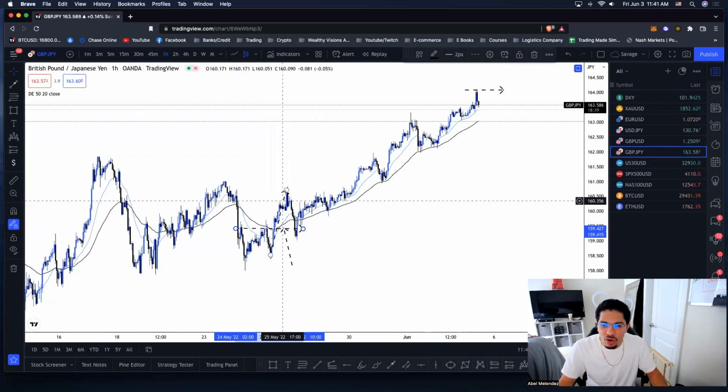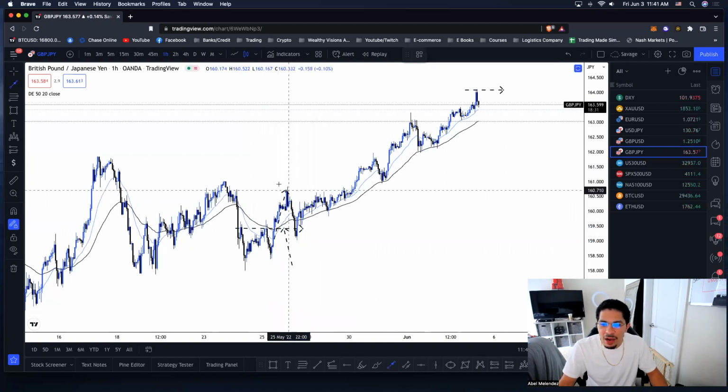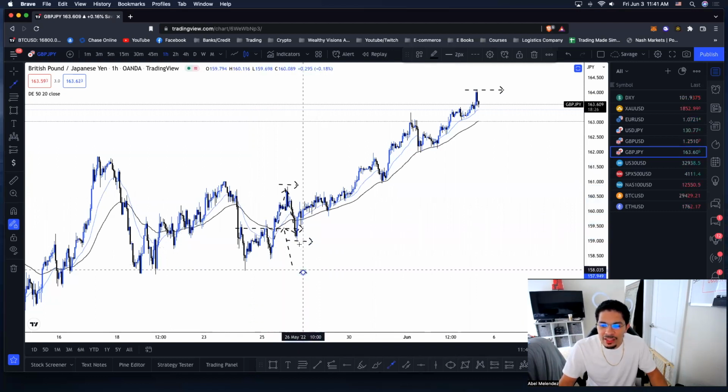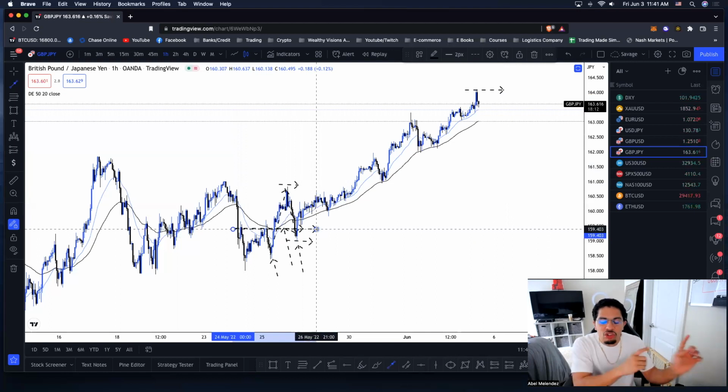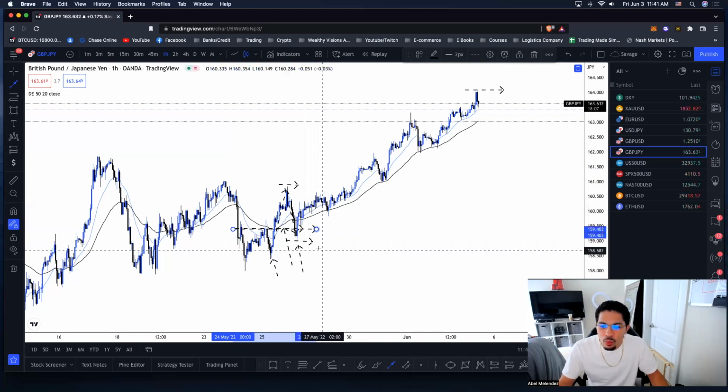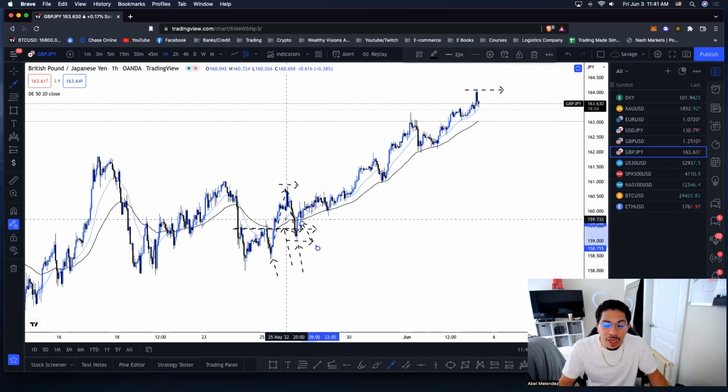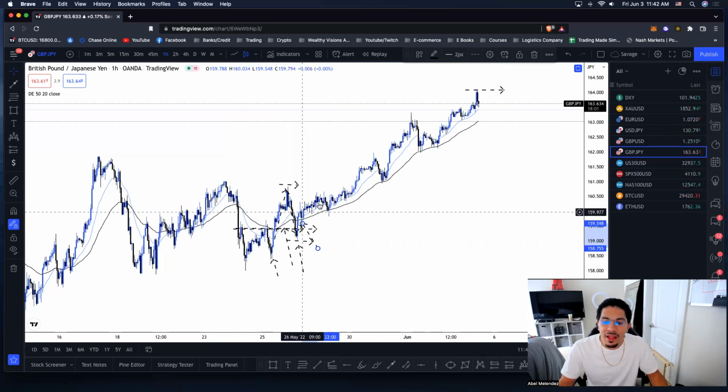So right now we see the strong push up in the markets, which this high right here ended up breaking this high down here. We've seen the moving averages cross. All we have to do now is wait for this higher high to go lower and give us a higher low. And this higher low is a higher low because it's higher than the previous low. And then once we're able to identify that higher low by aligning it with either the moving averages or actual structure to the left, because structure to the left gives us clues for future price action or future reactions, and then see price close back above the moving average, for this specific example, that could have been your entry, guys.